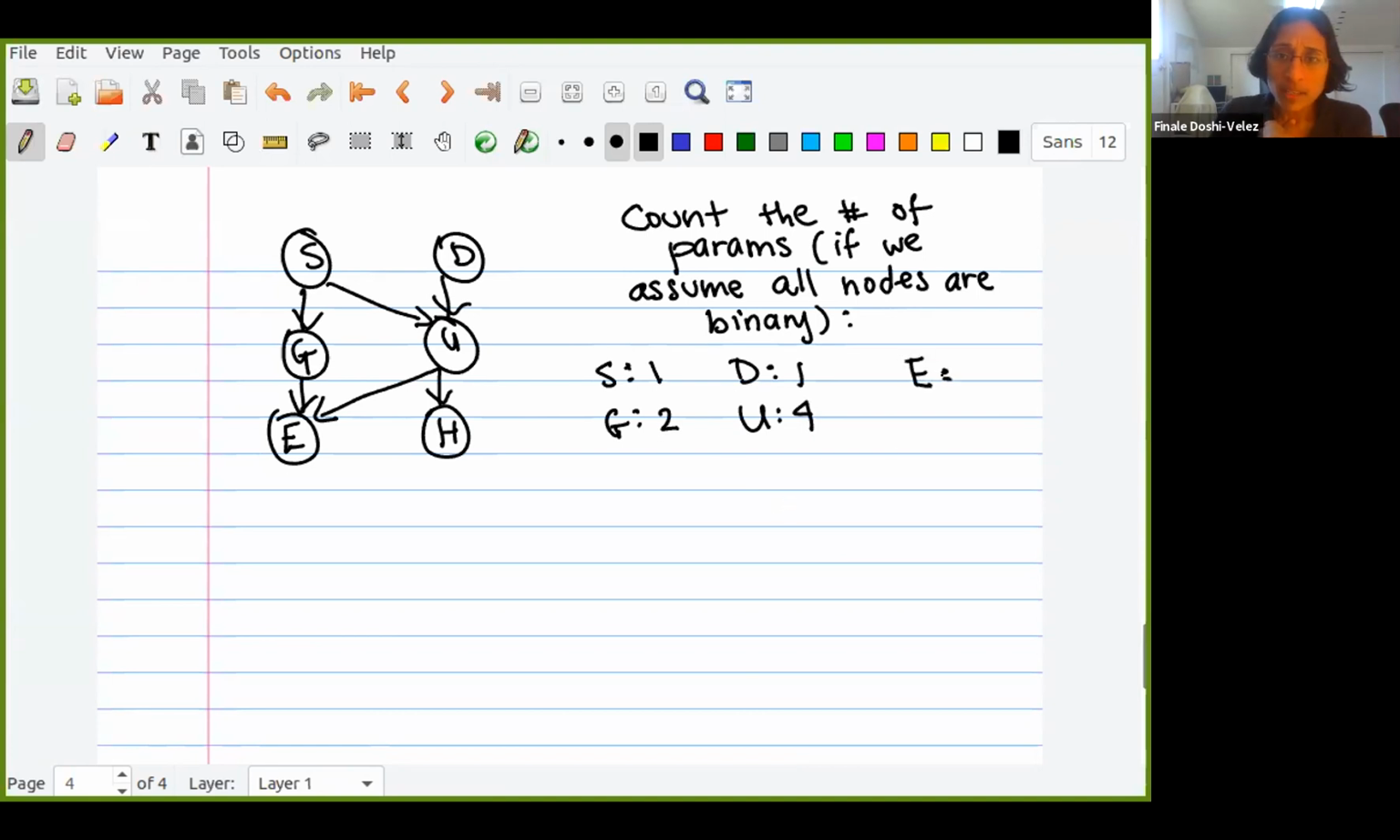By similar argument, E also has 4 different parameters that are needed, right? It needs a single parameter for all 4 settings of the potential parents. And H needs 2 over here. So total over here is 14 parameters that we'd have to learn, right? If we're learning this, we had a data set,